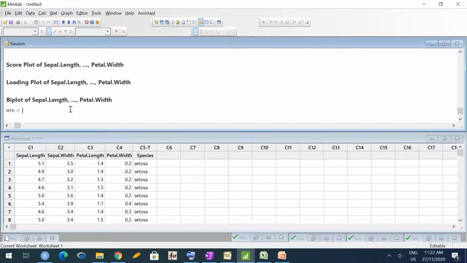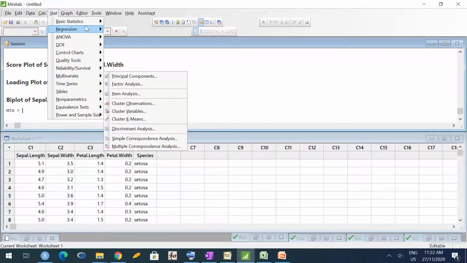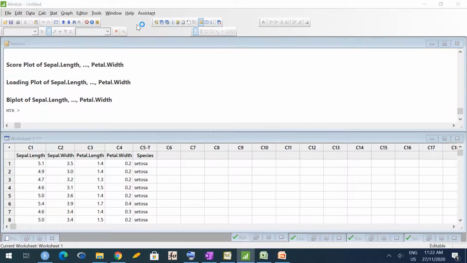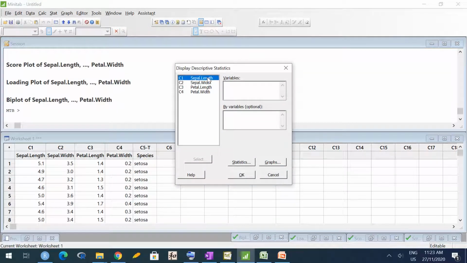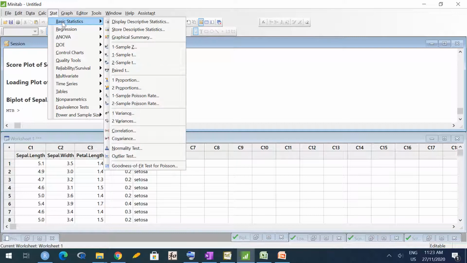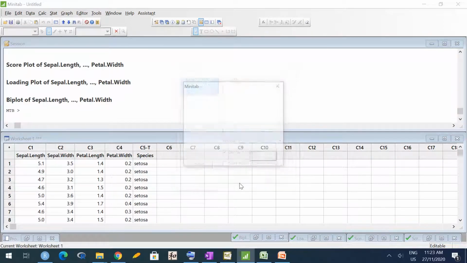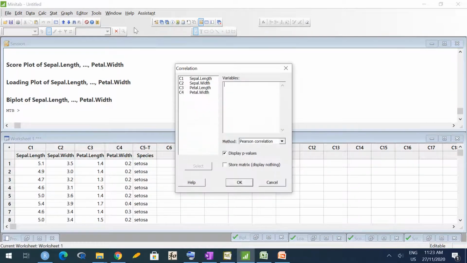Let me show you how to do that in Minitab. So we go to stat, then basic statistics, display descriptive statistics, sepal length, or maybe we directly compute variance covariance matrix, that is better. So we go to stat, basic statistic, correlation matrix. So sepal length, sepal width, petal length, petal width, and select.